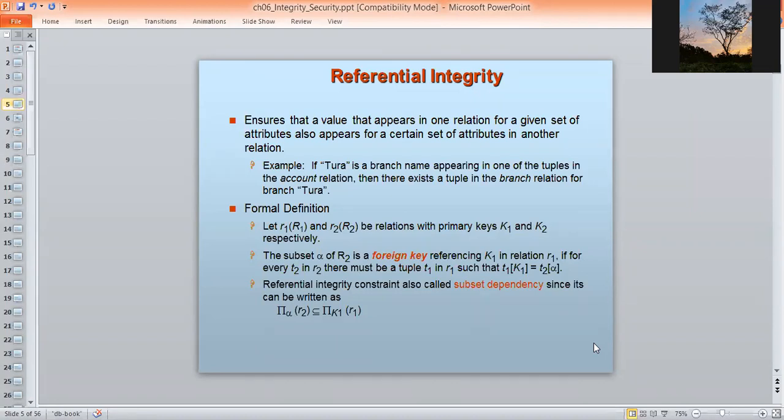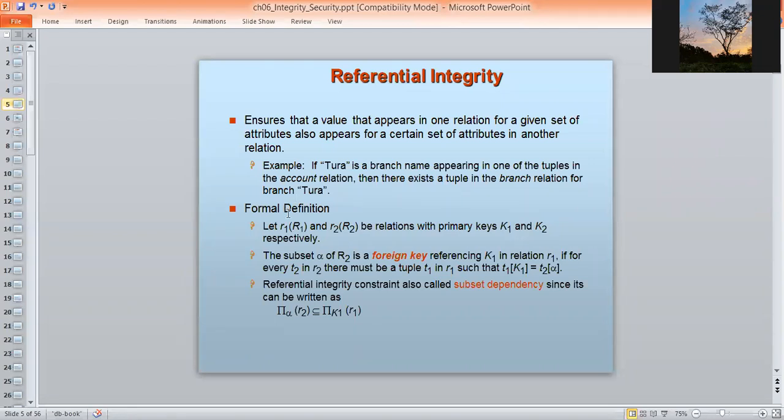The referential integrity constraint ensures that a value that appears in one relation for a given set of attributes also appears for a certain set of attributes in another relation. For example, if Tura is a branch name appearing in one of the tuples in the account relation, then there exists a tuple in the branch relation for branch Tura.